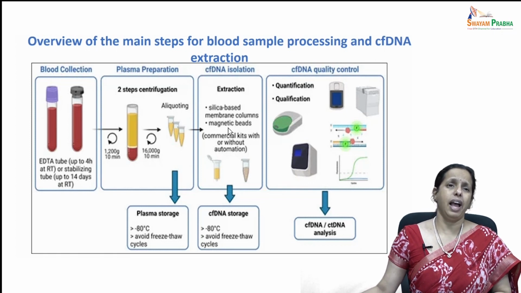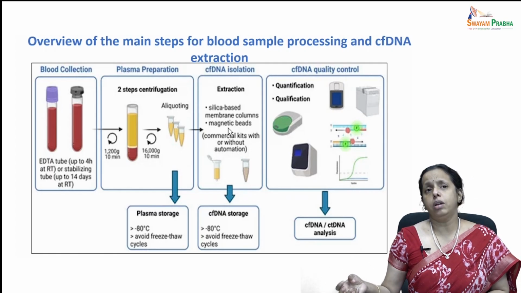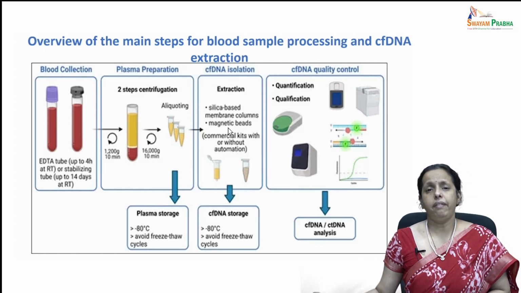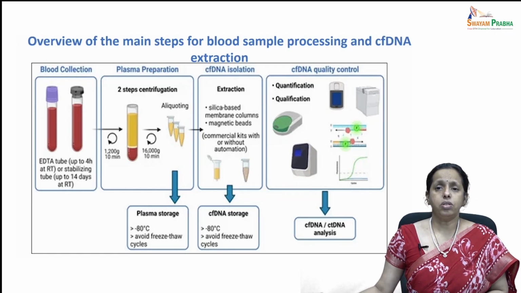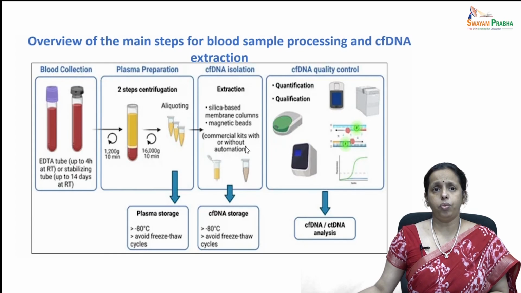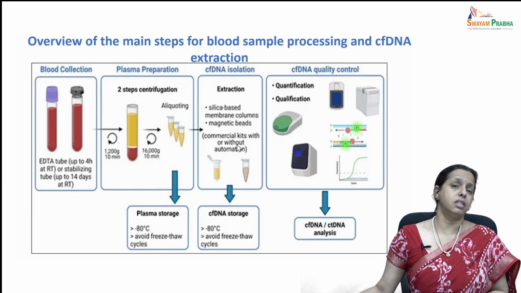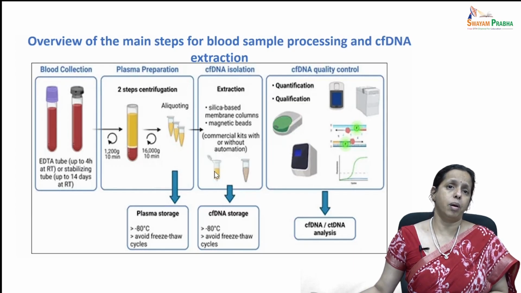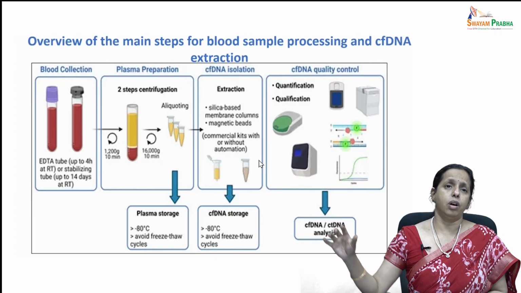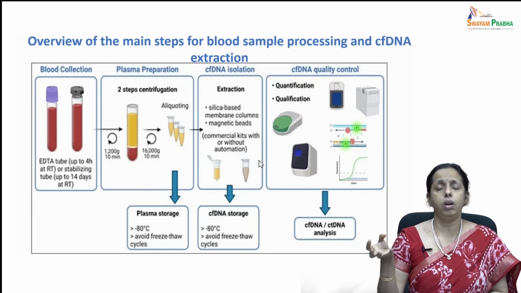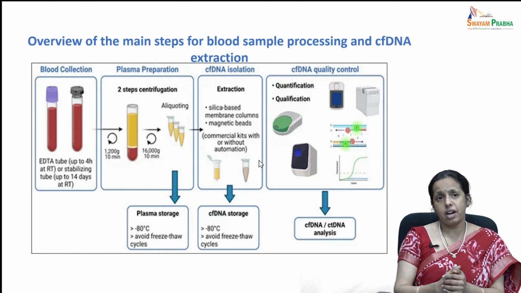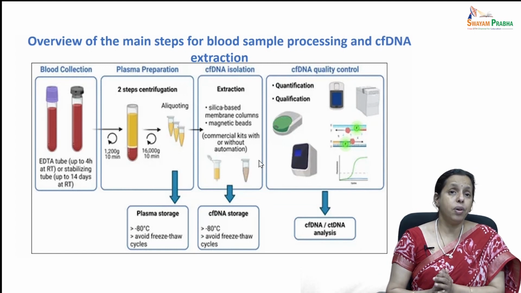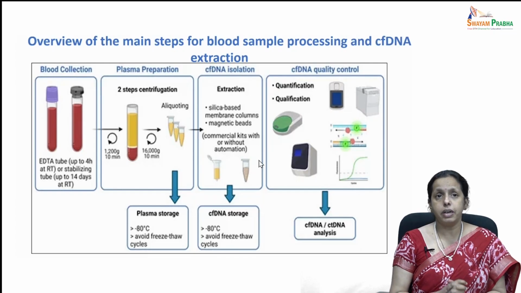silica column based, they have high-affinity columns which can bind to the DNA. And then they even have the magnetic beads which can bind to your DNA. Sometimes you even have automated systems, for example Promega. You just put your blood sample into the kit, and they have wonderful machines or platforms to extract your cell-free DNA and give you the best quality and quantity of this particular